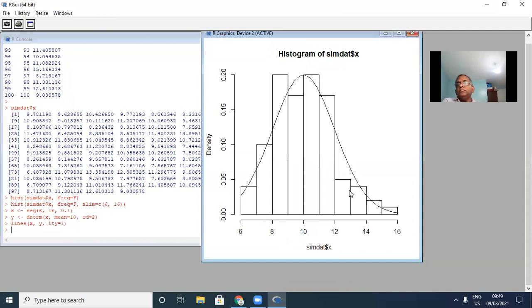As you can see, the normal distribution with parameters 10 and standard deviation 2 is a good approximation to the density of the data. So that's the first part of